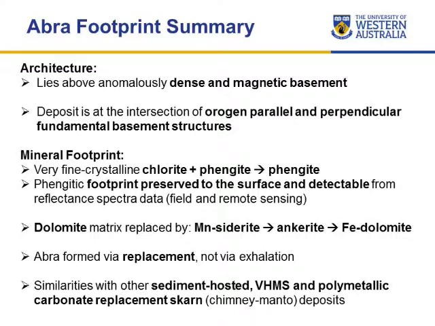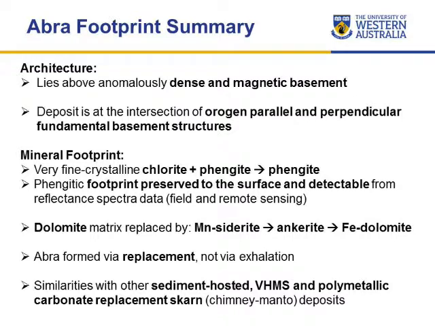The phengitic footprint is preserved to the surface and is detectable from reflectance spectra, field data, and remote sensing data. Dolomite matrix is replaced by manganese siderite, ankerite, and iron dolomite, which is the vertical zoned mineral footprint above Abra,